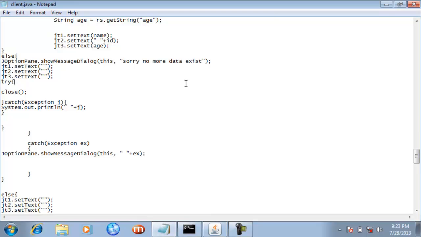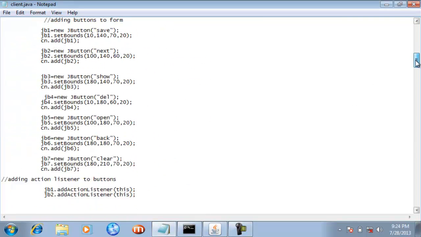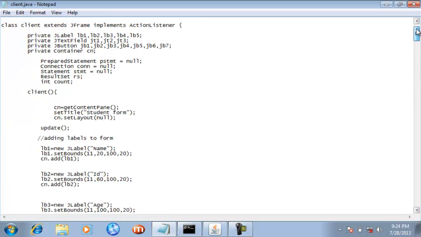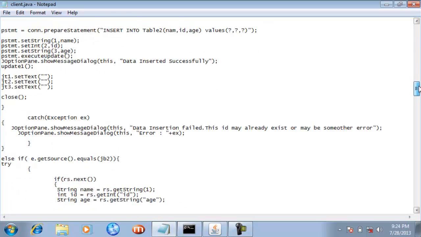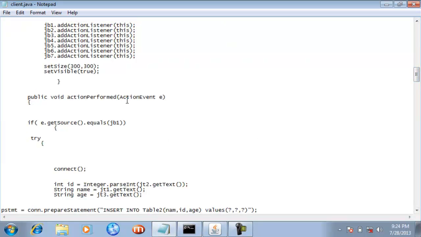So see what the code is that is responsible here. For clear, I have used JB7, and you can see that object reference variable here itself. You can also see that I have attached an action listener to this JB7, and when you click JB7, then this action method is called and this E contains your JB7.